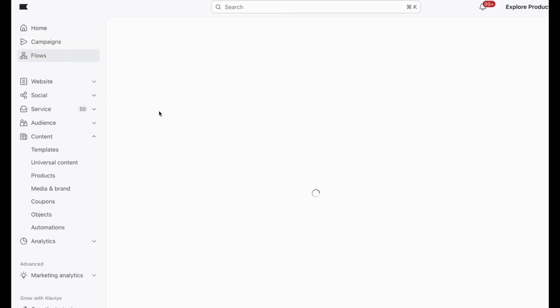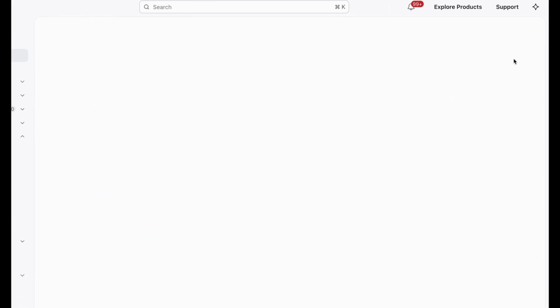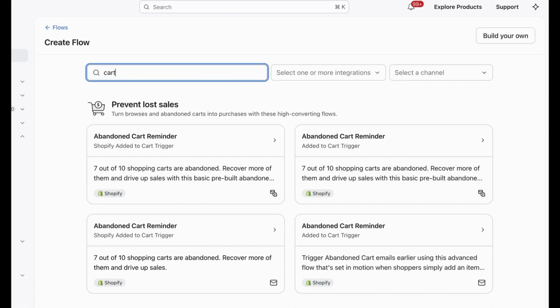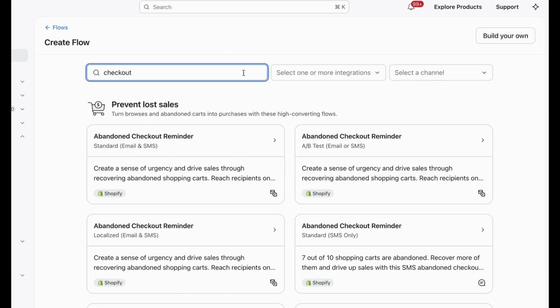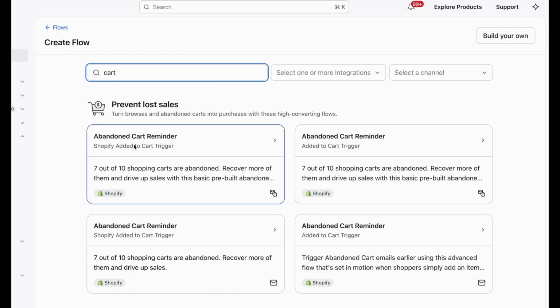All right, here's how to set up the abandoned cart flow. So essentially what we're gonna do here, go to flows, go to create flow. All right, now we're gonna look for cart. Now, what most people do is they make this abandoned checkout. So these are two different flows. There's the cart abandonment and the checkout abandonment. So here's how to set up the cart. Just search for cart, abandoned cart reminder. Go here